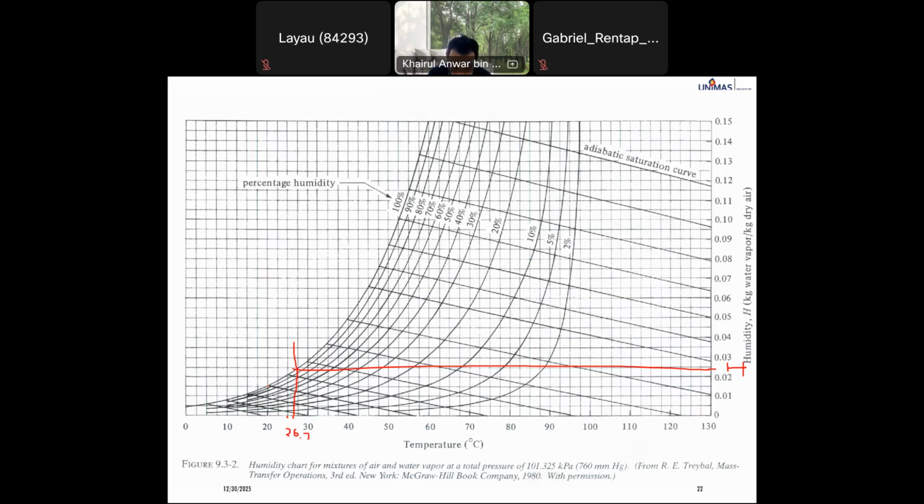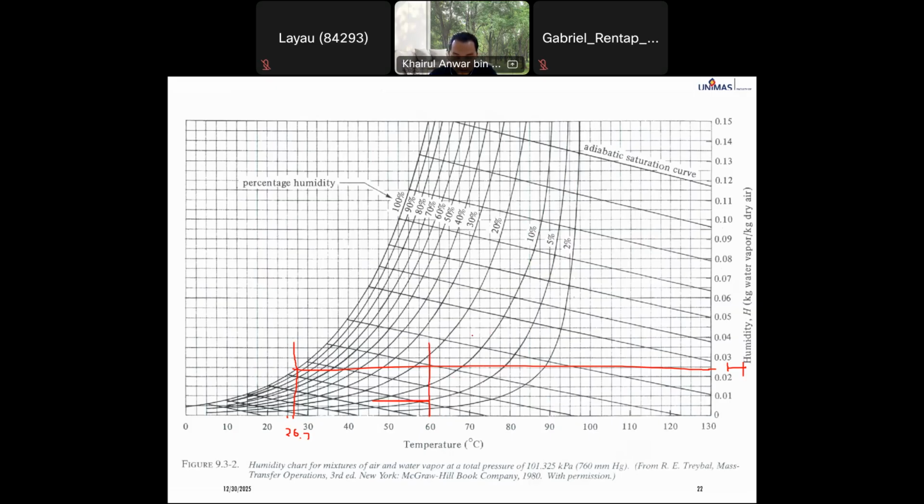But yes, getting this point where H equal to 0.0225 and T equal to 60 degrees C on the chart, the percentage relative humidity is found to be 14%. So 60 degrees C here, what straight line. So this line,